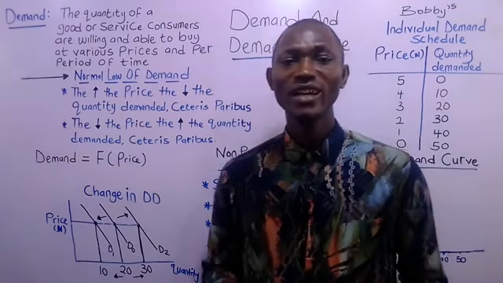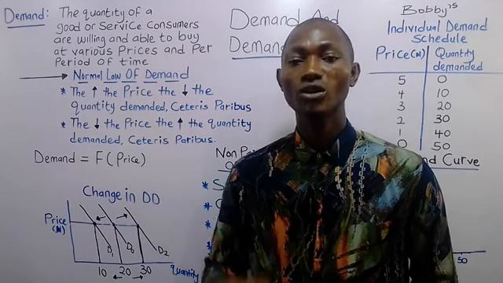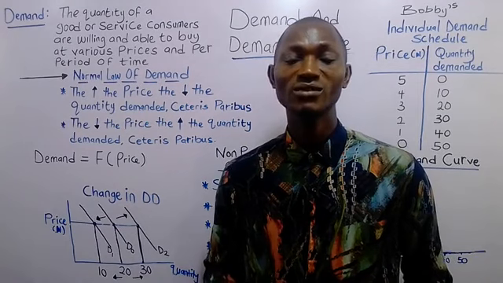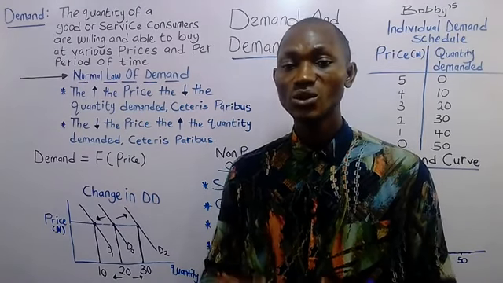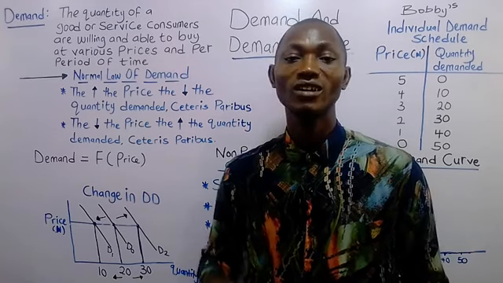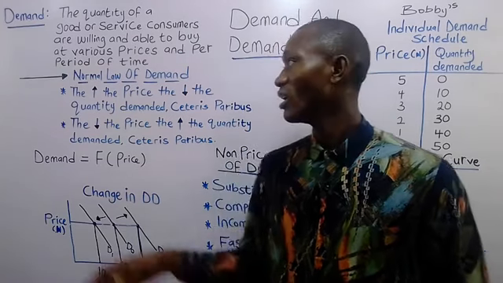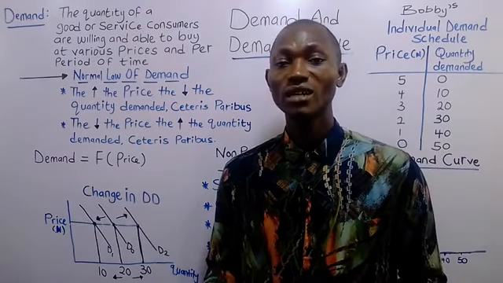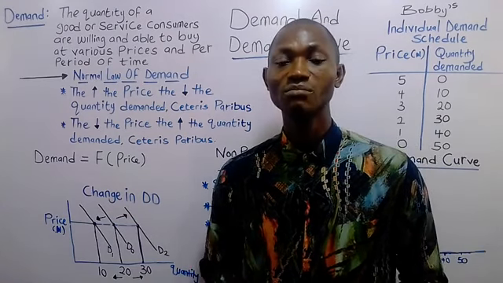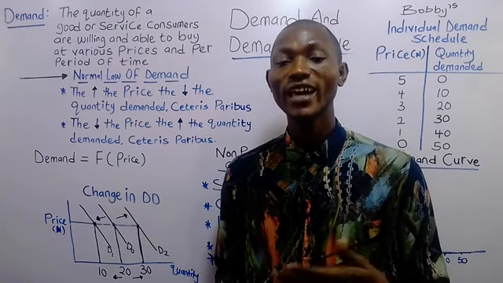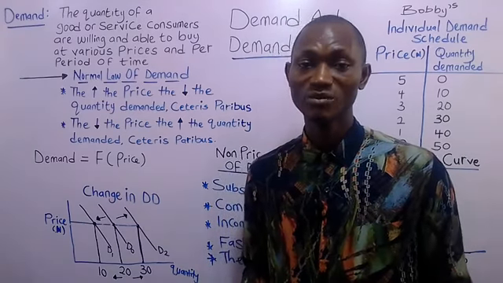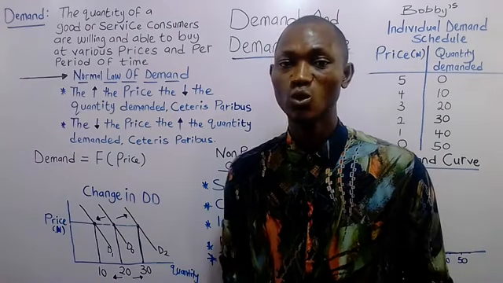And also, demand can either be effective or ineffective. Demand is said to be effective when the consumers have the willingness together with the ableness, which means the consumer must have the financial muscle to buy the goods. And on the contrary, demand can be ineffective. The ineffective means not effective, and that means the consumers only have the willingness, but not ableness. So in that case, the consumers cannot buy the commodity in question.